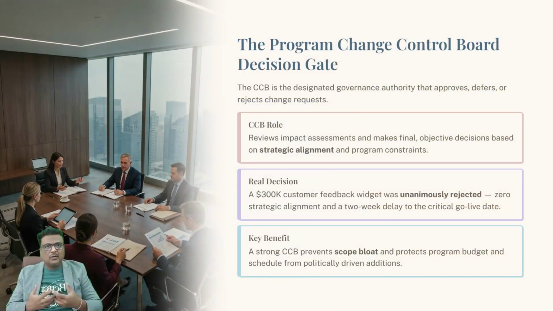Let's talk about the role of the Program Change Control Board, or CCB, in reviewing, debating, and authorizing or rejecting change requests. According to the official study guide, the Program Change Control Board is the designated governance authority responsible for reviewing impact assessments and making final objective decisions to approve, defer, or reject change requests based on strategic alignment and